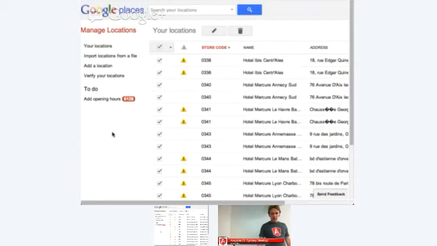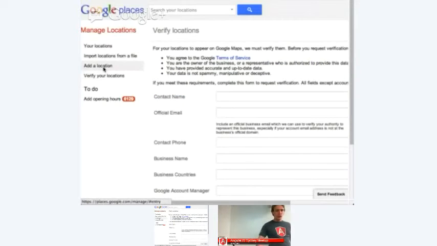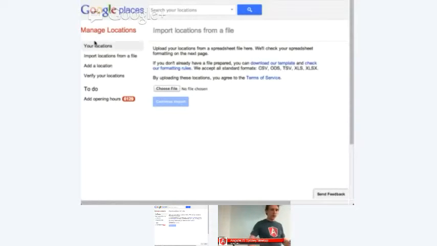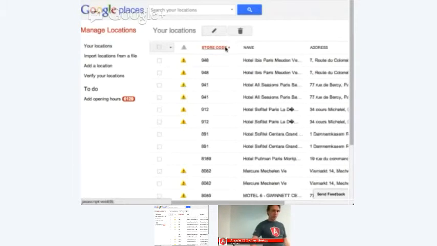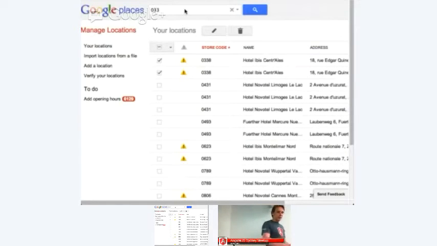Basically, the user will see a list of locations. I haven't shown you the loading experience. They can manage them in bulk. There's a spreadsheet import interface for people to import things en masse into our interface. There's a verification process so that these things can actually appear on maps. And then there's various interfaces to do modification of locations and so on. We've got sorting. We've got search as you type, and then, oh, that wasn't a very good example. There you go. And things like that.